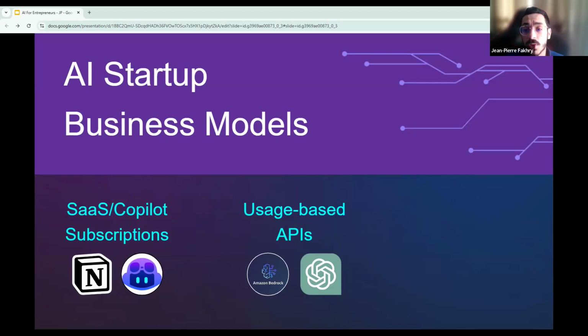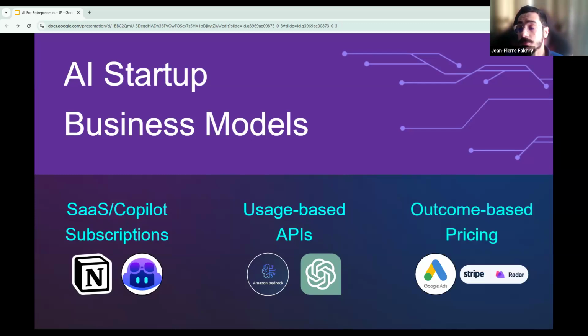So OpenAI's API, Anthropic's Claude, for example, Google Gemini API, and all of these, they all use this pricing. They have the same model. And this payment model is great for startups that are building on top of these models because costs scale with revenue, and you only pay more when you are serving more users, which makes sense for you guys.